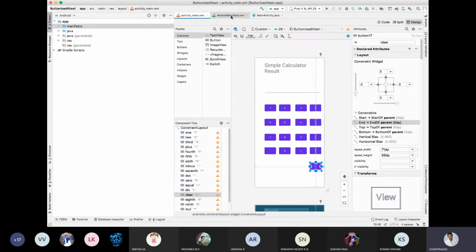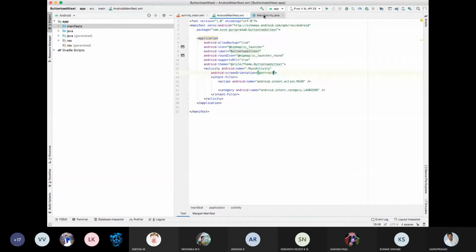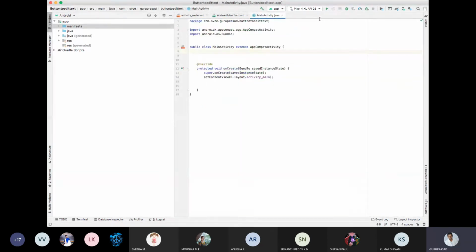Main button. Now, for the main button, I need to include buttons. How many buttons have I taken? Okay, 1, 2, 3, 4,